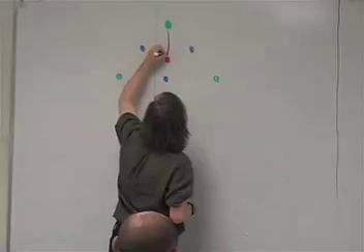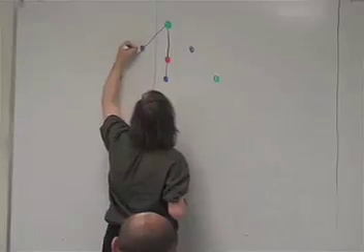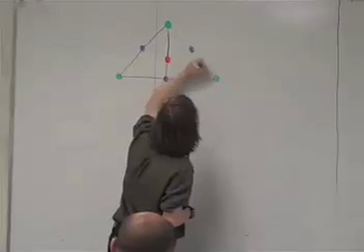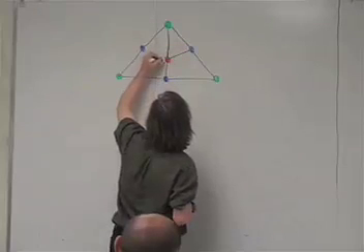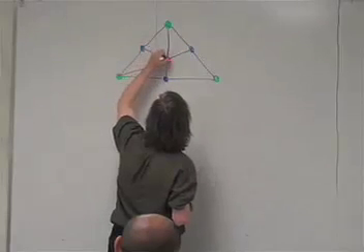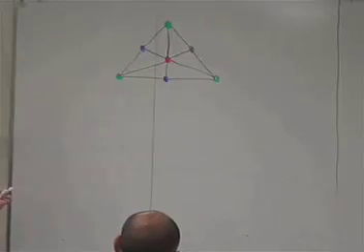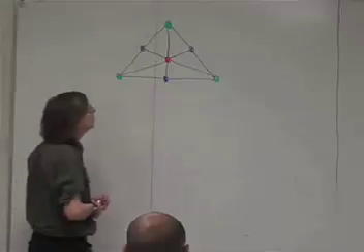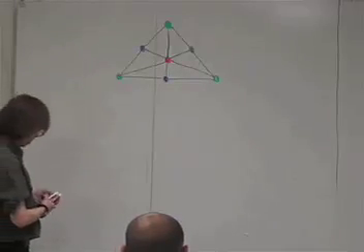This is what you get when you mod out this picture by the trivial group. And if you mod out this picture by the subgroup that switches these two elements, you get a picture that looks like